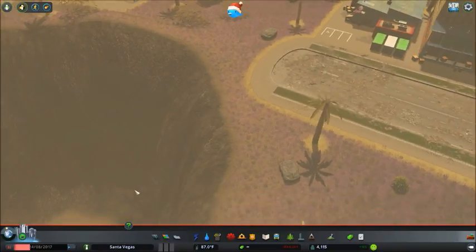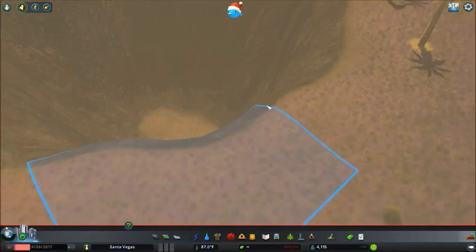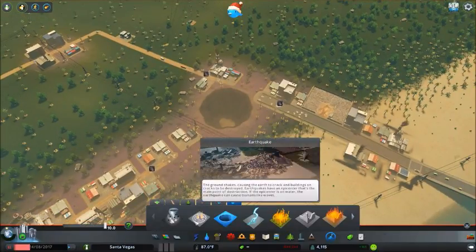Something else my brother and I were doing with sinkholes is, because a meteor can make a crater and stuff, we actually were able to get these filled with water from tsunamis. So it was kind of cool because we made a man-made lake, if you will. That was kind of fun. But, yeah. So, real quick, I'm going to do an